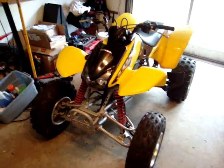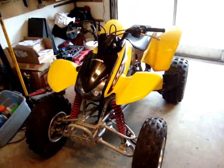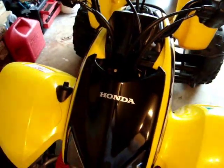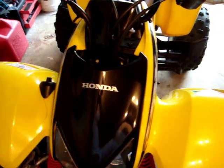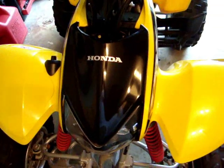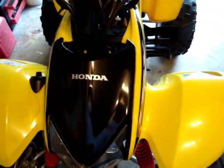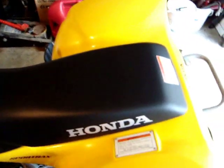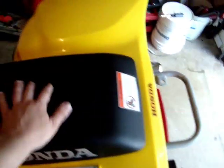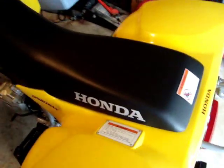Hey, so check it out. I have been doing some more cleaning up work on the 400DX. I got a new front cover, and a new sticker, obviously, because the front cover doesn't come with the sticker on it. So I had to order a new sticker, the Honda emblem there, and I got a new seat. You can see this one, brand new, fresh like a spring chicken. So that's pretty sweet. The other one had a couple of holes in it, so I got a new seat